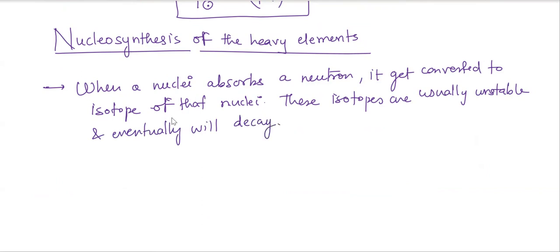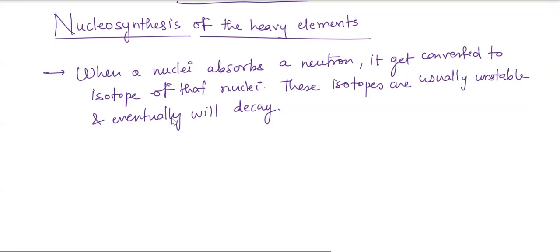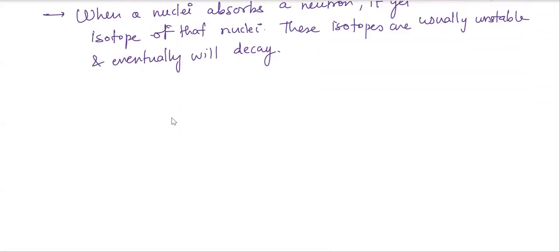Now we don't know when they will decay, but the important thing is, depending on the situation in which the isotope was formed, the isotopes usually undergo one of two processes. One is the S process. We also call it the slow process. So in the S process,